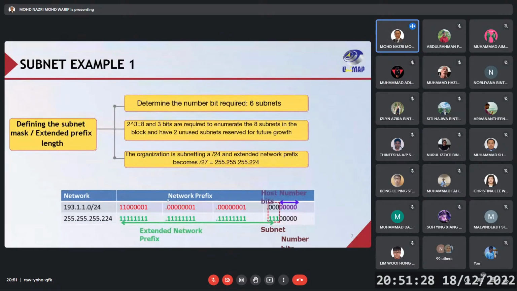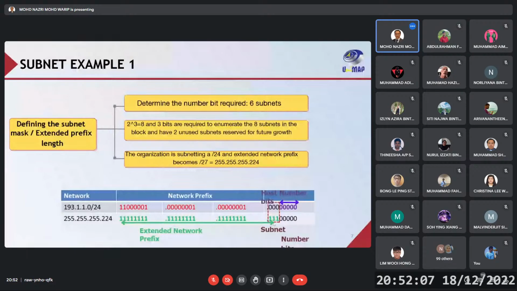Because remember, this is class C, right? So A, B, C. And this one is host. And because we require 6 subnets, so /27. Initially it was /24, right? 24 is 8 plus 8 plus 8, plus 3. Look at the green color. This green color we call the extended network prefix. So that's why we got